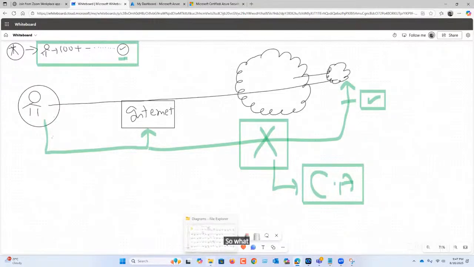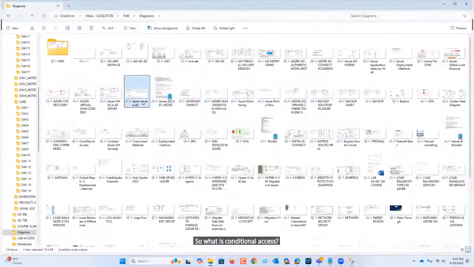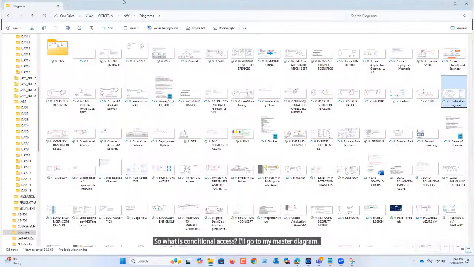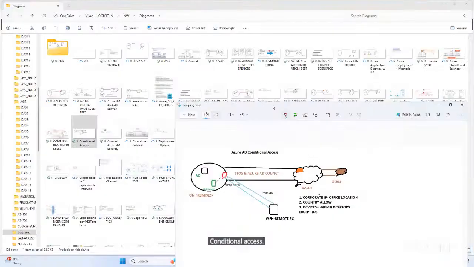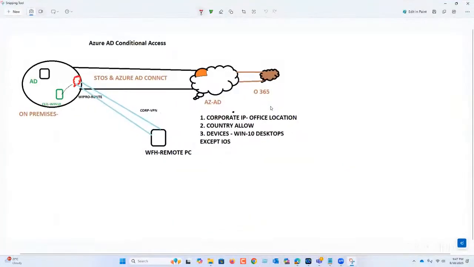So what is conditional access? I'll go to my master diagram, which I'll give you. It's under this NW folder. And there is a diagram we have called conditional access. So what is conditional access?